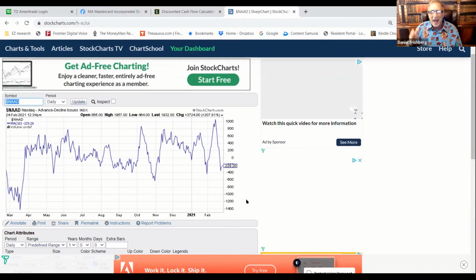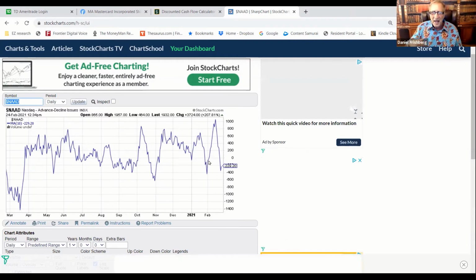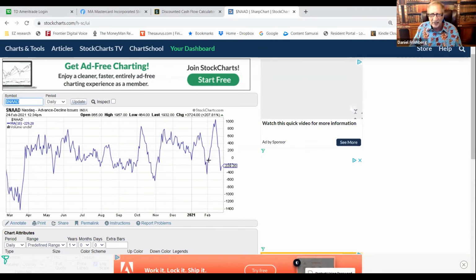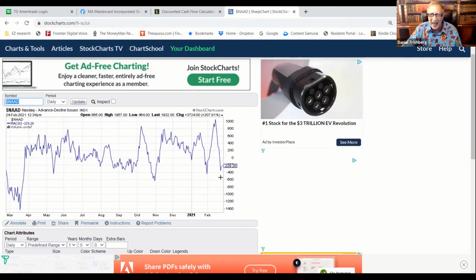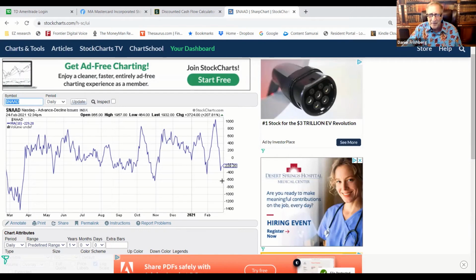And of course, as it starts to move up, as it did on February 1st, February 5th, it may not be exactly the right day, but now more and more people are being converted. And so more stocks are advancing and fewer stocks are declining. We're very near that turning point right now. I don't think it matters whether we're exactly at it or near it, but this oscillator is definitely not at the top.